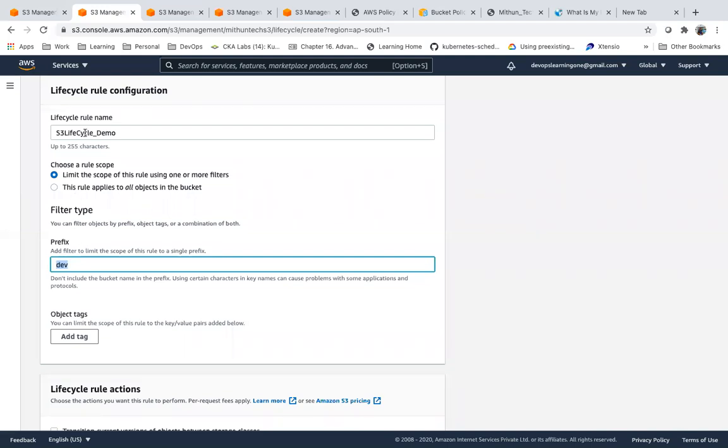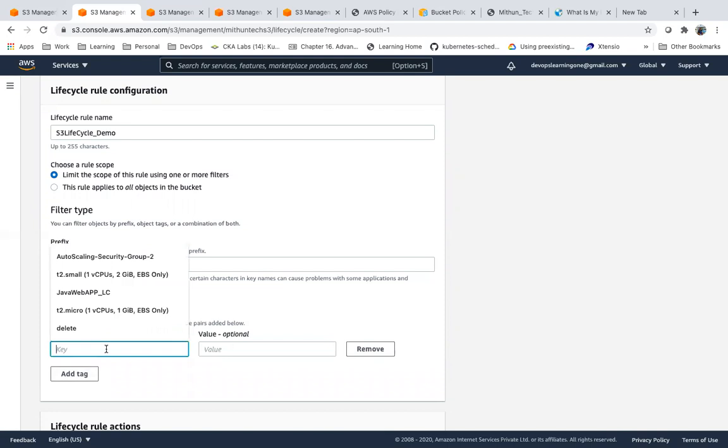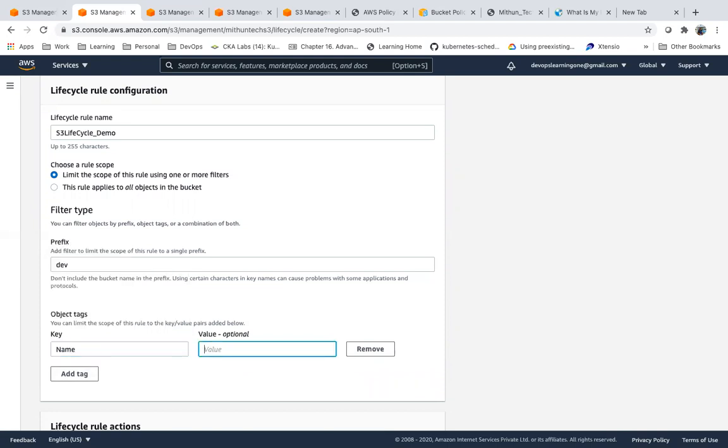So whatever rule I am going to define will be applicable only to the files having a prefix of this. Or I can use AWS tags. So if my object has a tag something like this, I can apply an object lifecycle rule, right?